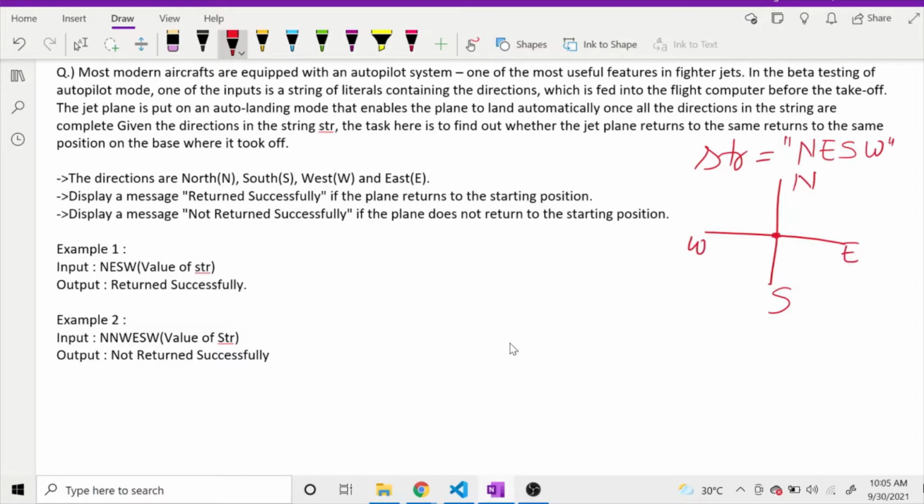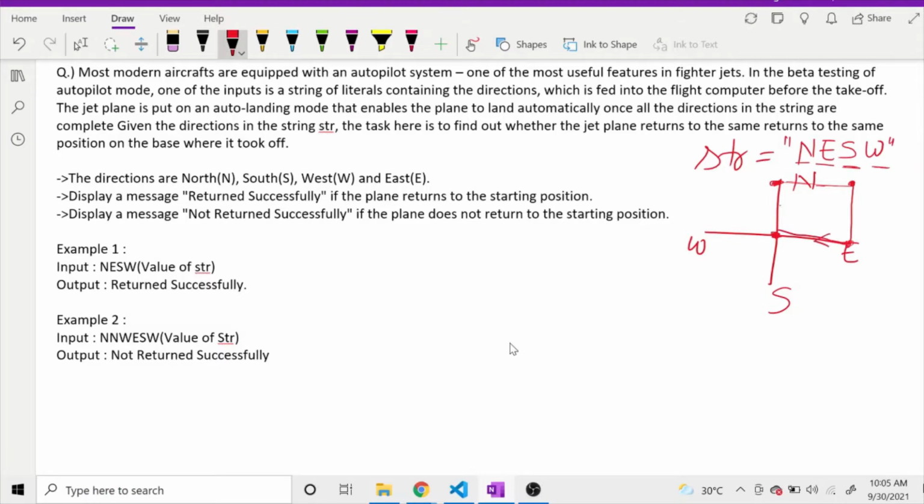What this is saying is, first of all we have to travel to north. When we travel to north we will reach here. So north is done. Now we have to travel towards east, so we will move here. So we have traveled from this place to this place. Now we have to travel towards the south, one step, as we are considering only one step at each point. Then we have to travel towards the west. West is in this direction, so we will move here.